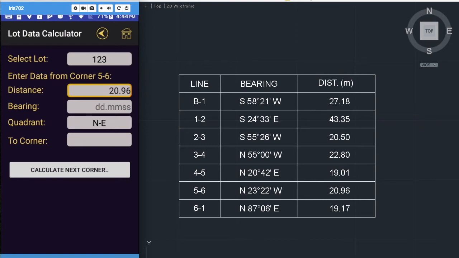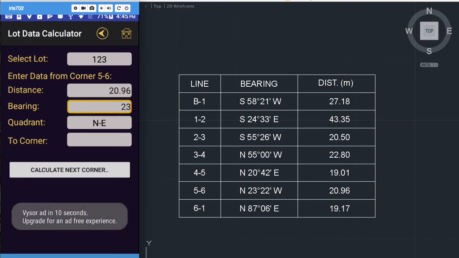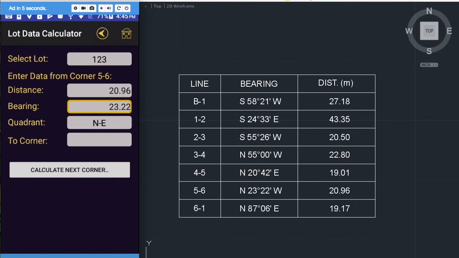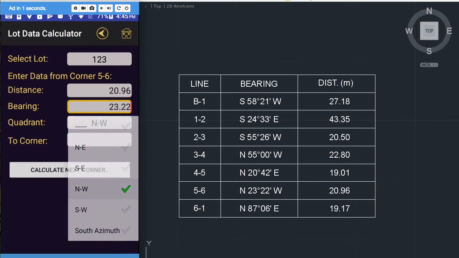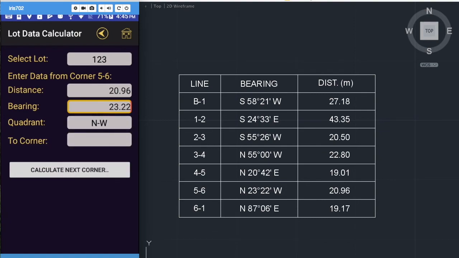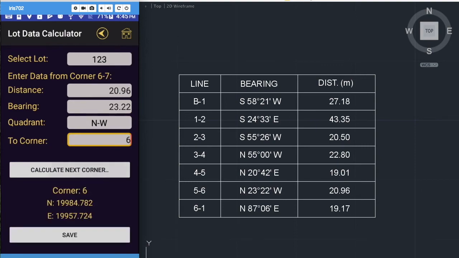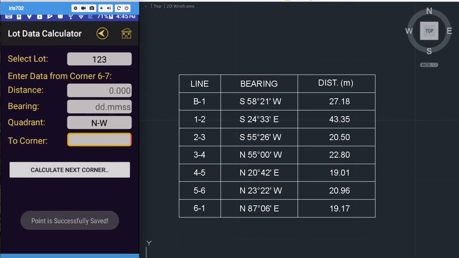0.96. Then the bearing will be 23.22 northwest. Then to corner 6, calculate, then save. Now for the closing line, we have here